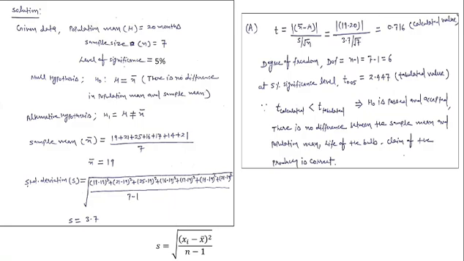Now we come to the first point A. We have to test the t statistic. The t statistic in this case is (x bar minus mu) upon (s upon under root n). The x bar is 19, the mu is 20, the value of s is 3.7 and the value of n is 7. Now the calculated value of t is 0.716. The degree of freedom in this case is n minus 1, so this is 6.